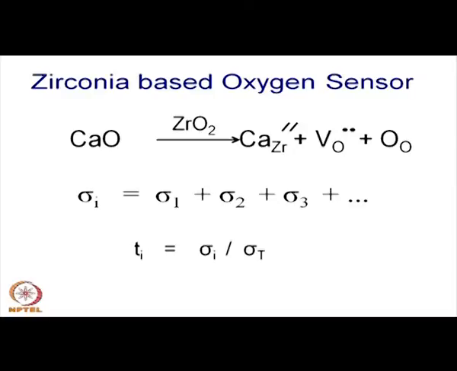In fact, addition of calcium oxide to zirconia not only stabilizes the cubic fluorite phase, which is normally a high temperature phase, at room temperature,